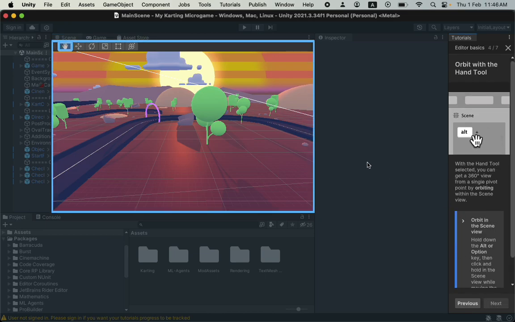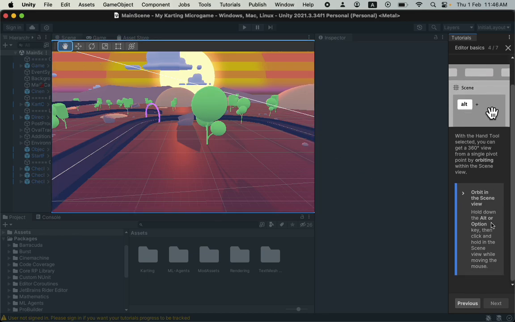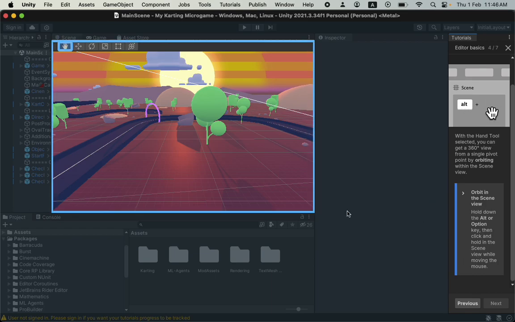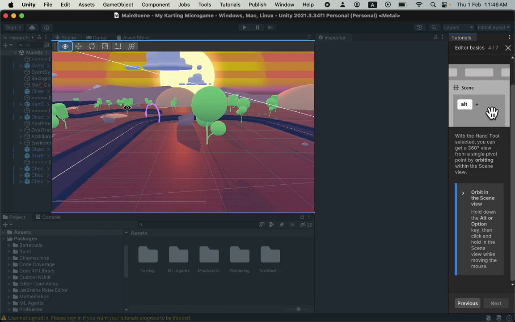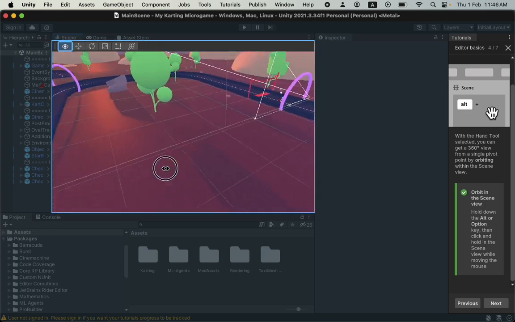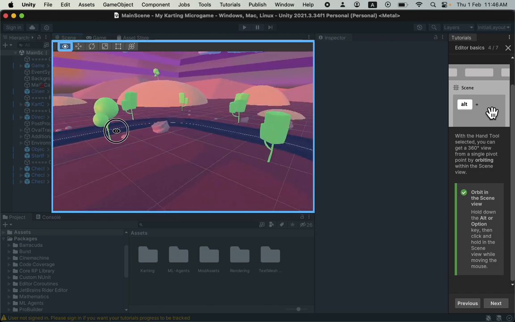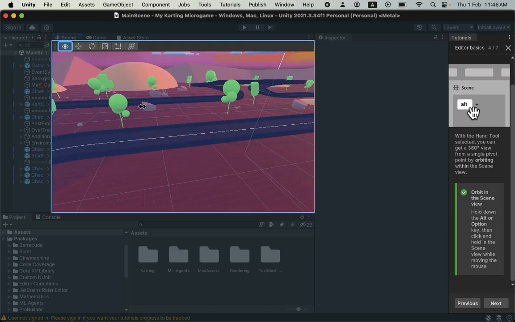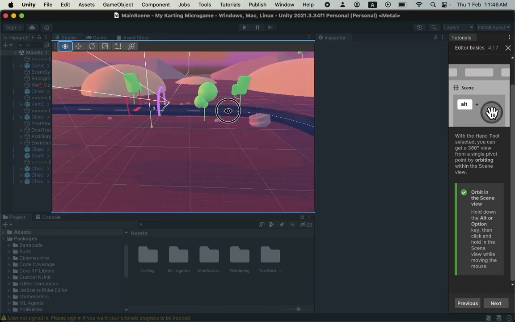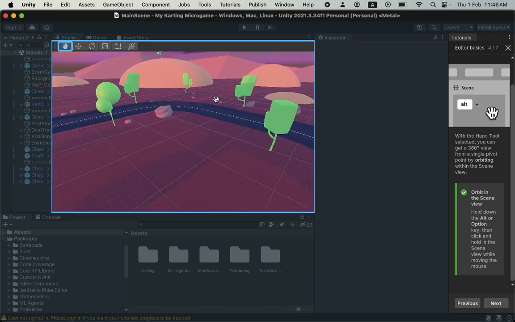Yeah, so with the hand tool selected, if you hold down Alt in Windows or Option in Mac, and if you click and drag the scene, you will be able to orbit around that. So I am holding Option key in Mac, and I am moving around. Okay, so basically you are able to rotate around an axis. Imagine your camera is here, you are able to rotate the scene around this axis. Okay,